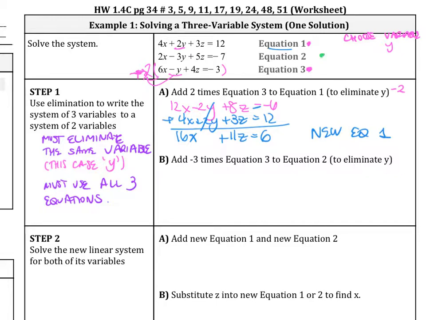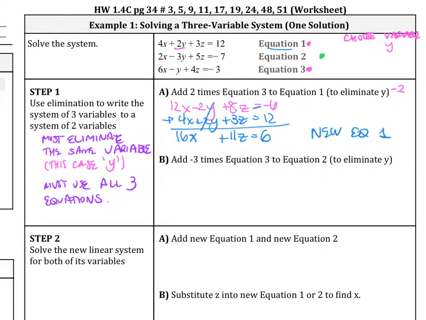So it doesn't matter what I do, but I know for sure I have to use equation 2. And which equation 2, so I'm going to add equation 2 with another equation. Which one does that work with better? The first one or the second one? Again, I'm trying to eliminate my y's. In this case, I want to go ahead and